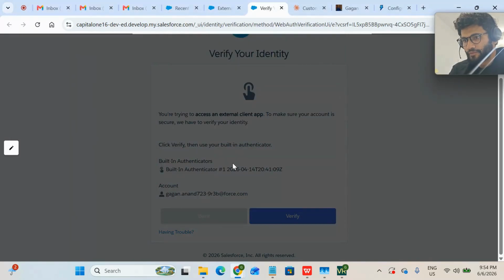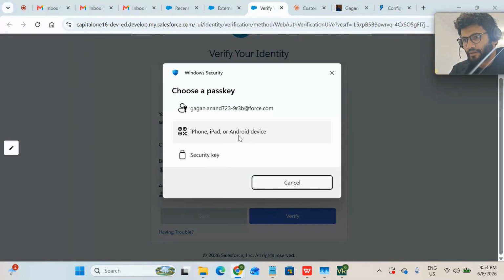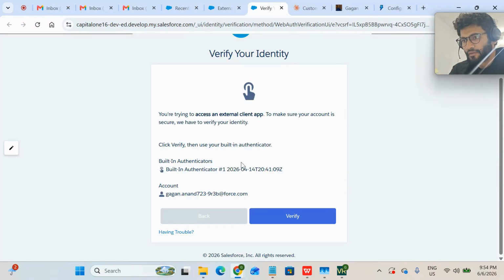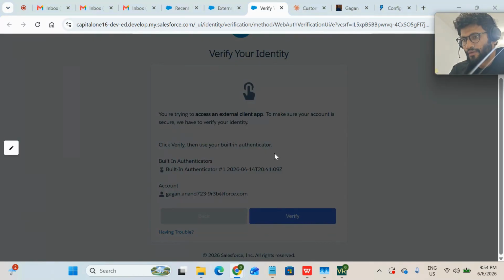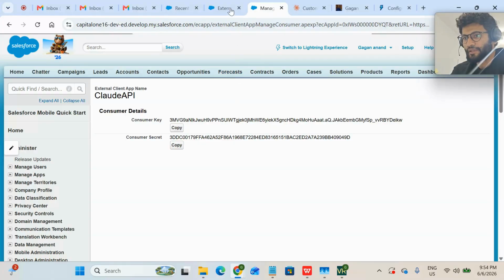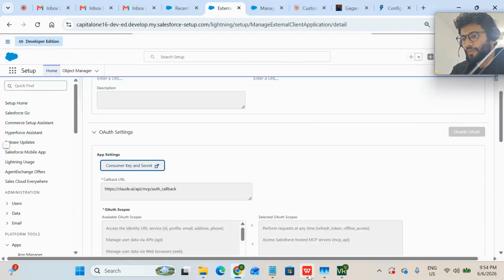I'm just going to put the pass key, security key, sorry. So I'm putting my security key, and then it will give me the client ID and client secret. So this is my client key and client secret. If I go back,